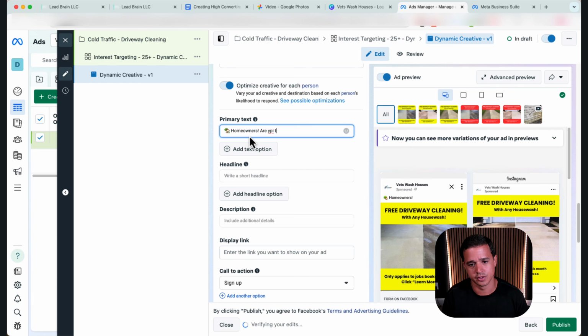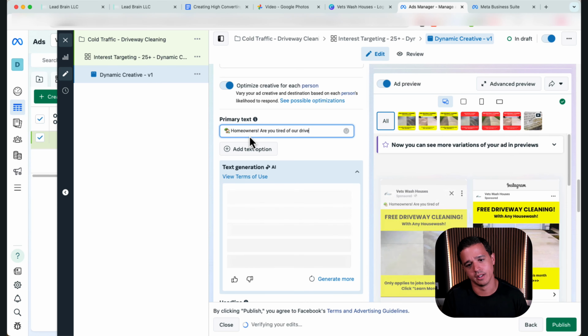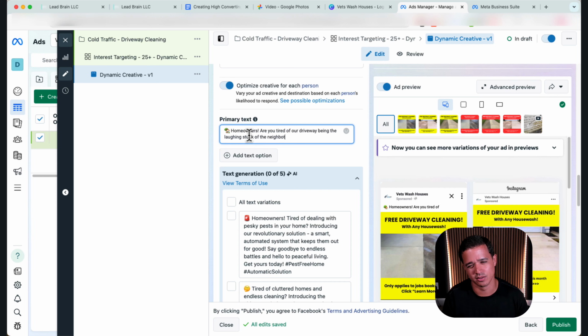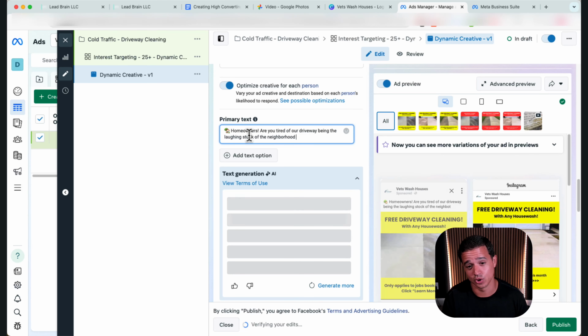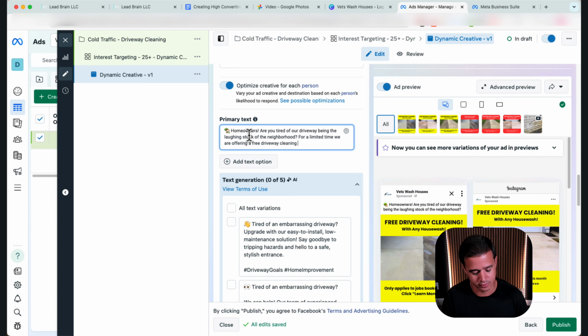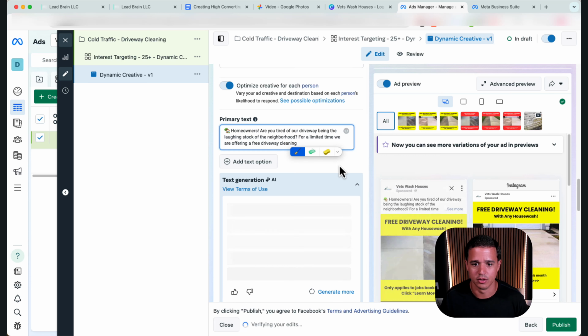Are you tired of your driveway being the laughing stock of the neighborhood? And that's a little aggressive, honestly, but this is just an example. For a limited time, we are offering a free driveway cleaning. You can put a little sparkle here if you want.